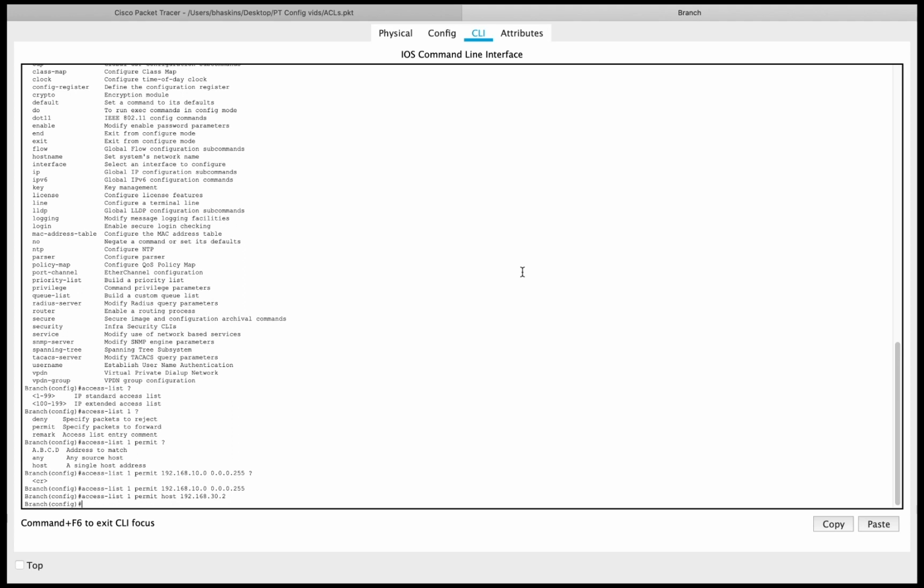Now, at this stage, the access list is basically done. But there's something that you have to realize. The only devices who will be able to access this specific network are devices who are on the 10.0 network or on the 30.0 network, but specifically have the host address of 30.2. The reason for that